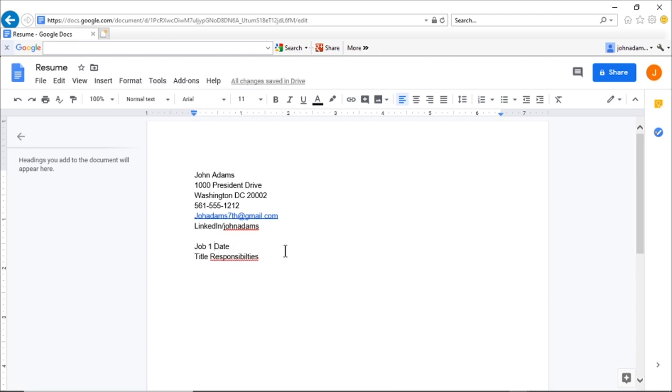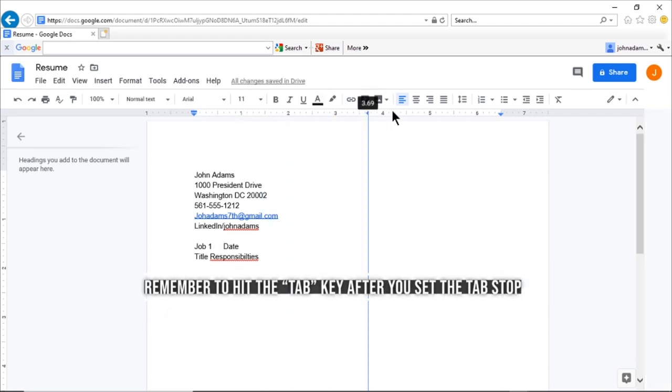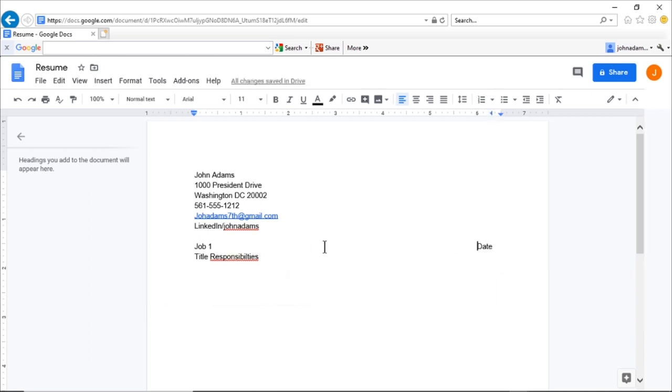Also, you want to format it. You can see these things over here. That's how wide the page is up here in the ruler. You can click on it and you can add a tab stop. So we're going to add a regular tab stop. This time we're going to do a right tab stop right up here. And see where it says date, see where it says tab stop. And if I move my tab stop to the end, there goes my date, it moves with me. Alright, so this is a format that you're going to use for the next couple of minutes. I'm going to copy that